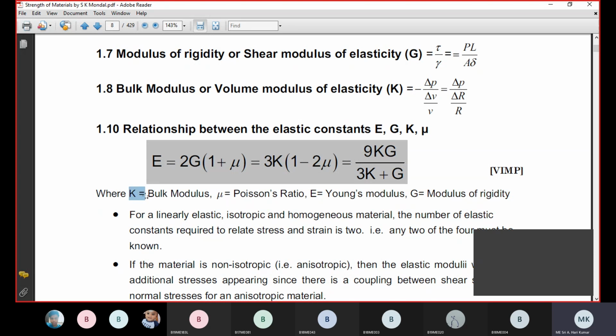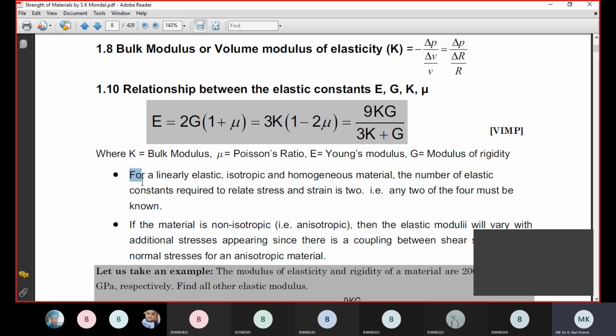And we already know K is bulk modulus, mu is Poisson's ratio, E is Young's modulus. Try to remember this. Now we are not wasting time in knowing the derivations, how we got them. We are nowhere concerned. But already you have done this in your regular coursework, meaning the mechanics of solids relationship between G and E, K and E, and G and K. So that is very important. A note has also been given here, very important. E is equal to 2G into 1 plus mu, 3K into 1 minus 2 mu, 9KG by 3K plus G. Very important.